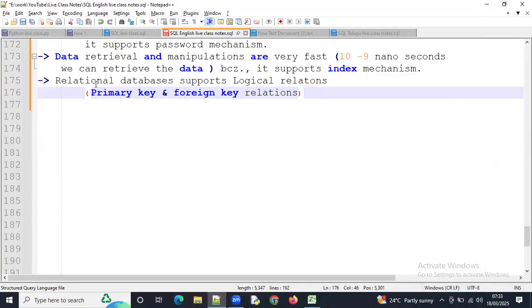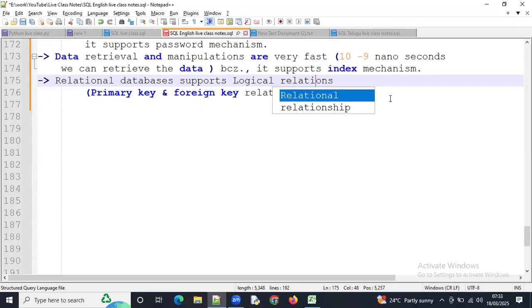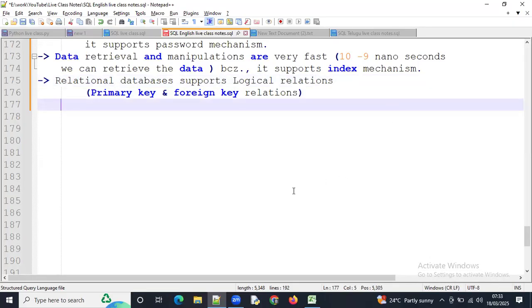So why are we discussing these primary and foreign keys? They are used to establish logical relationships. Okay, logical relations. And that feature is added in relational databases. Next,